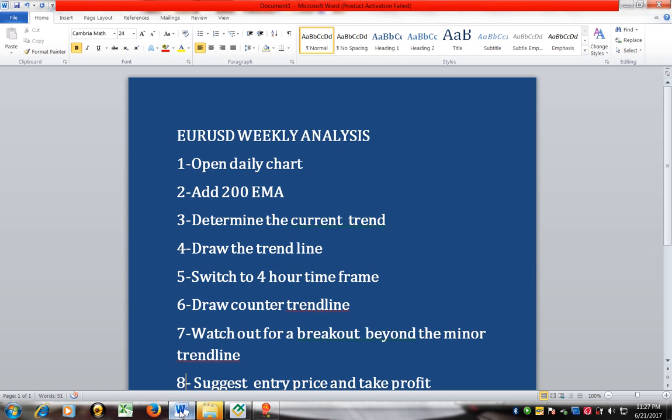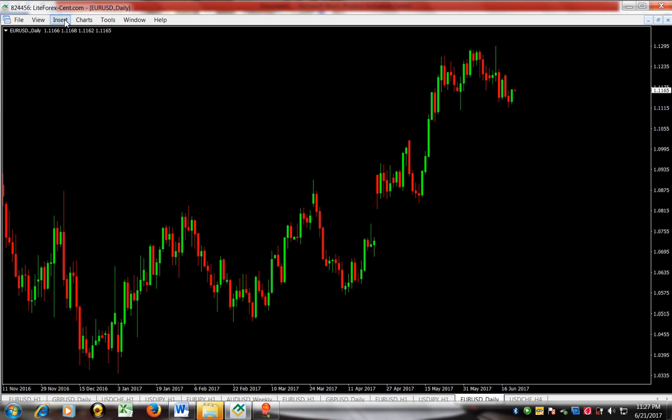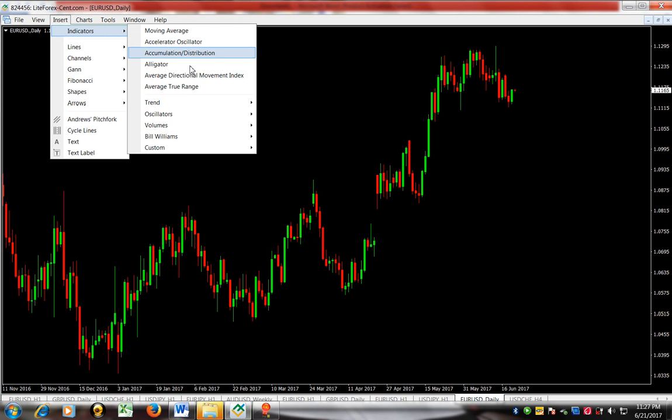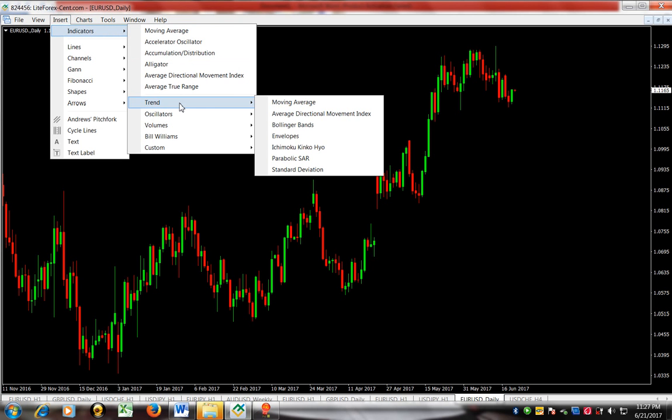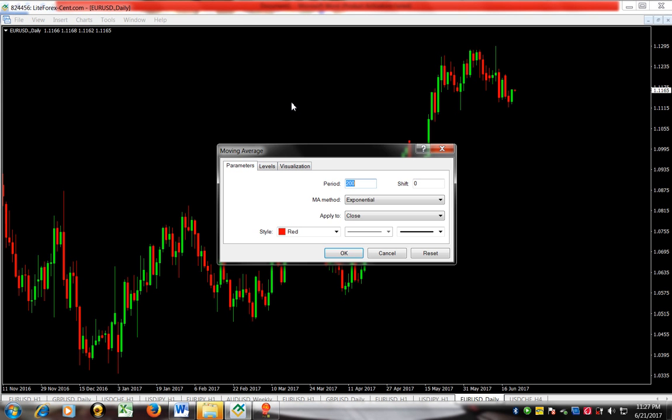Now after that, we have to add the 200 exponential moving average. To add it, we just come to this place, indicators, then trend, and then we select the moving average. Then we set the parameter. Since it has been specified that we should use 200, we fit the 200 there under this place, choose exponential,